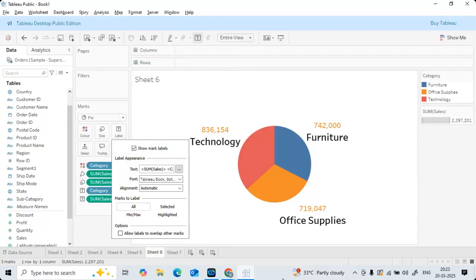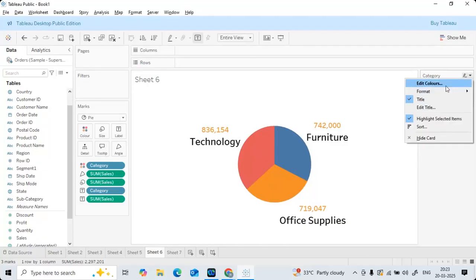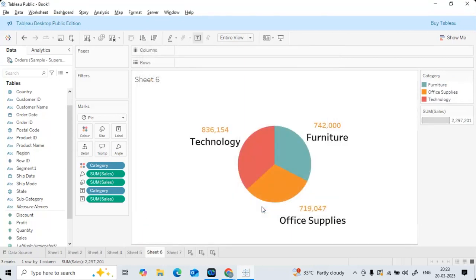Got it? So any updations that you want to do, you can do. Increase the label size or increase the value size. Okay. And here you have some flexibility to change the colors of the pies too. Currently you have sky blue color for furniture. And if you want to change the sky blue of furniture to some different color, you can again go with edit colors, right? For furniture, I don't want this. I want something like this, pigeon blue. Click on OK, something like this. So whatever customizable options you want to do, you can do. Simple.